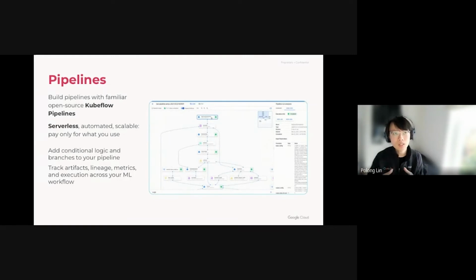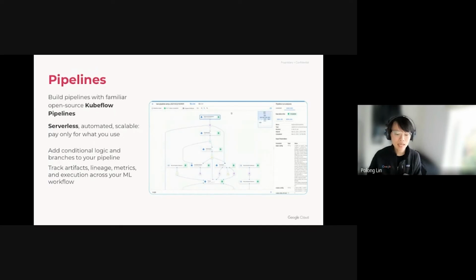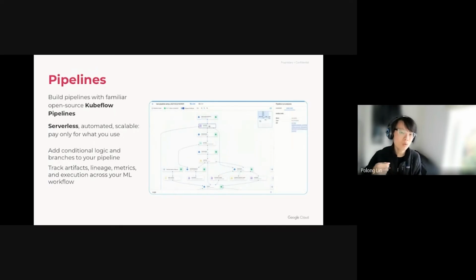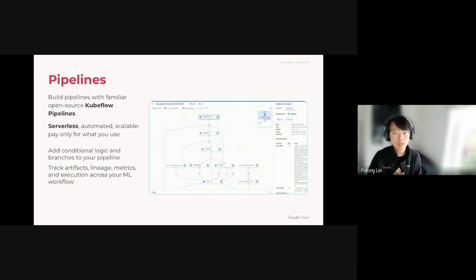When your model is out there live and running, there's two things you really want to consider. How do you train and deploy in a very reproducible way, such that anytime you have a new model that comes, you can easily redo your train and deploy process. And then the second thing is monitoring of your model. So the first part is pipelines.